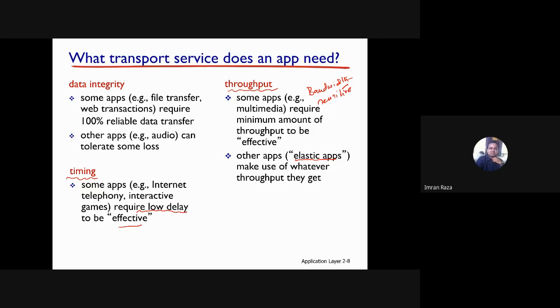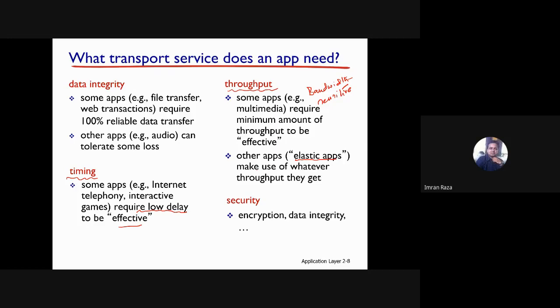Examples of elastic applications are electronic email, file transfer, and web transfer. Of course, the more throughput, the better, right?